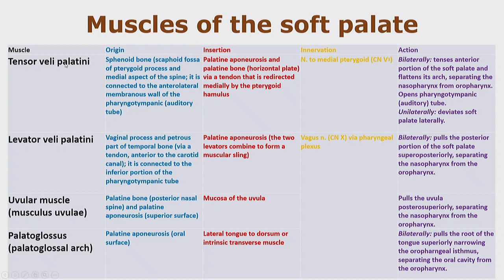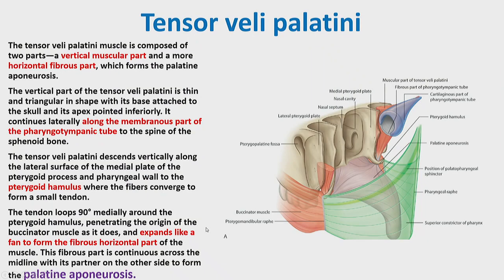As you see, it has another source of innervation, which is V3, the third branch of the trigeminal nerve, the mandibular nerve, and respectively mainly the nerve to the medial pterygoid muscle, which is a branch of the mandibular nerve, innervating the tensor veli palatini. So this is another important thing that you can see from this picture. And here are the origin and insertion of this muscle that one by one we are going to discuss. The first muscle, the tensor veli palatini,